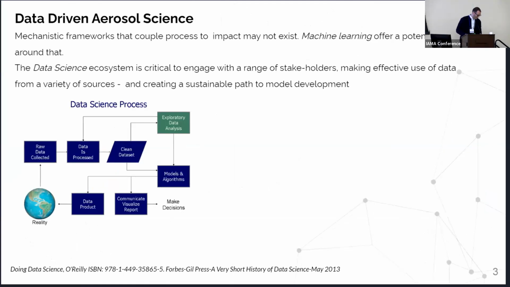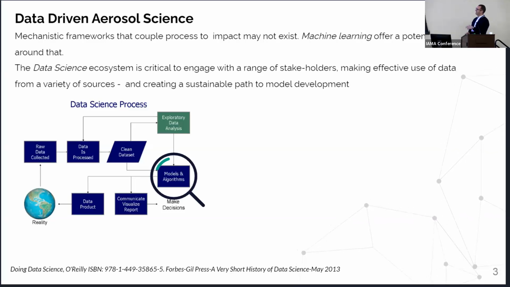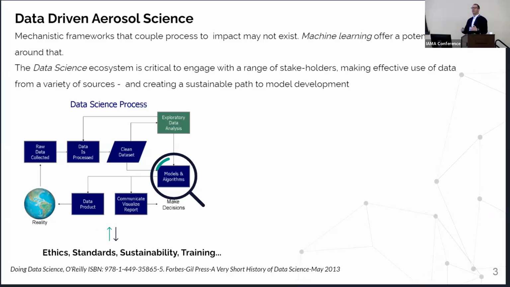I think this is very much preaching to the converted. Obviously, we've always used data in scientific research, but I think what data science is doing, and certainly has done for the last 5 years and maybe more, is placing more of an emphasis on parts of the life cycle that were otherwise often ignored. So for example, once we collect some data, we have to clean it, process it, do some EDA on that. And whilst a lot of the public narrative focuses on the models and the algorithms, we're seeing much more investment and time spent thinking around things like ethics, standards, sustainability, and training. There's obviously a long way to go, but it's good that these have a raised profile now.